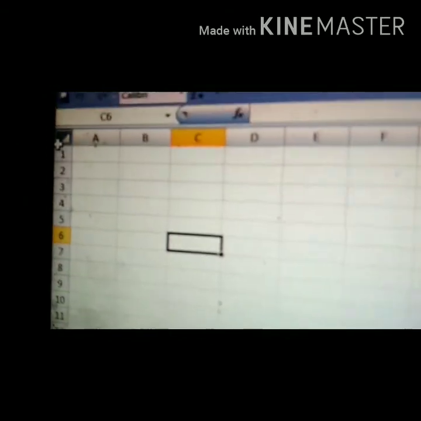Okay. Suppose I want to select the entire worksheet. There are two ways, children. Either you can press the Ctrl plus A keys together. See, this is how the entire worksheet will get selected. Ctrl plus A is the shortcut key to select the entire worksheet. Or else you can click on the select all button, which is present at the leftmost corner, at the intersection of a row and a column. Click on this button and the entire worksheet will get selected. This is called the select all button.